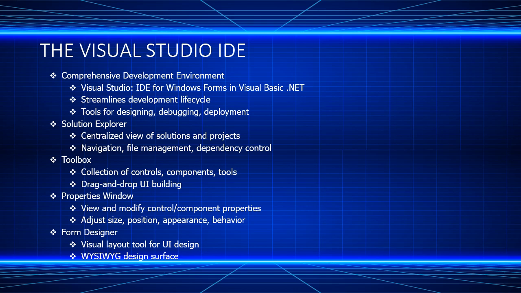It provides quick access to various UI elements, facilitating the rapid construction of the user interface for Windows Forms applications. Properties Window. The Properties window enables developers to view and modify the properties of selected controls or components. It offers a convenient interface for adjusting properties such as size, position, appearance, and behavior, enhancing the customization of UI